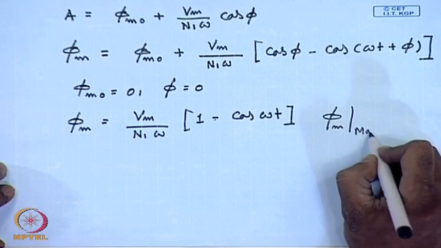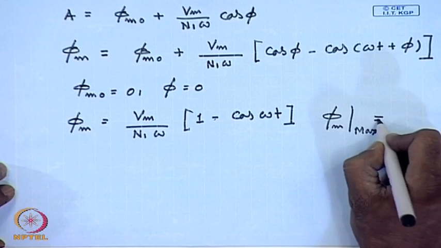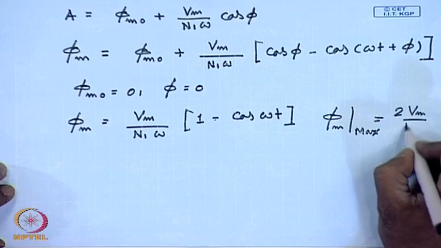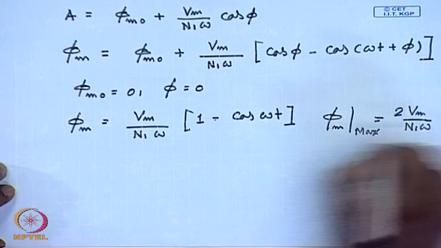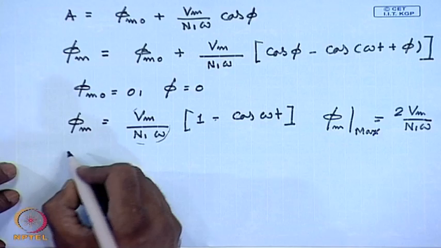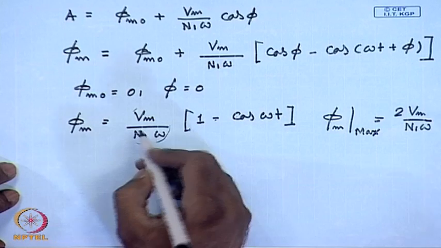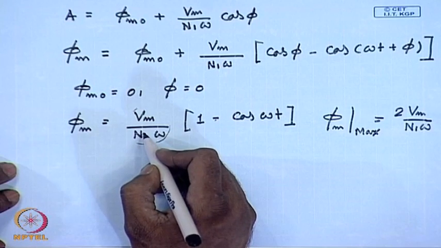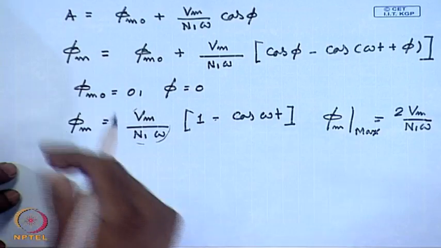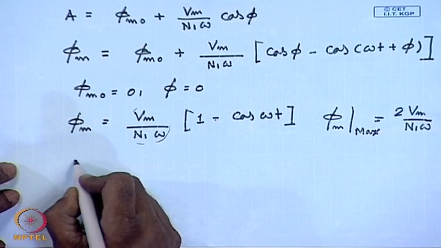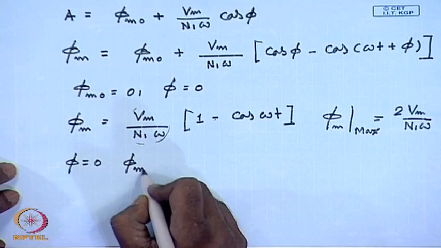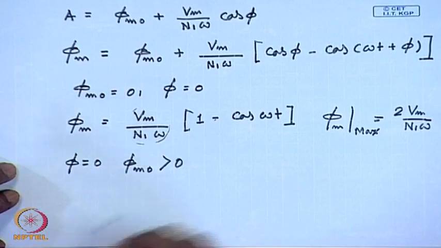Please note that at omega t equal to pi, the maximum value of phi m can be phi m max equal to 2 V m by n 1 omega. Usually this is the maximum value of phi m, that is, phi m maximum can be twice its steady state peak value. The situation will be worse if phi equal to 0 and phi m 0 is greater than 0,